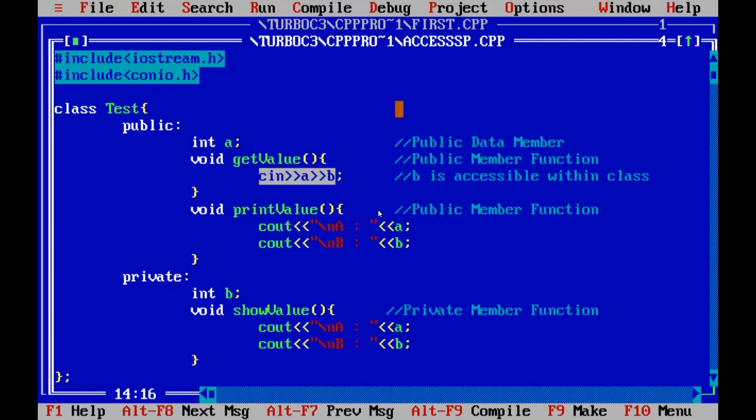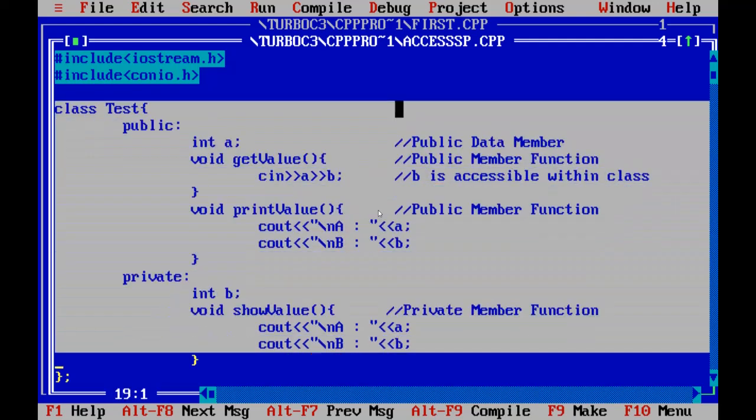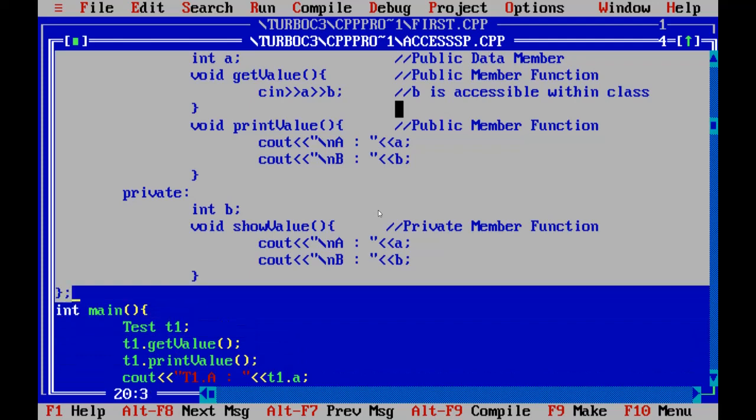Now suppose I need to make something private. So I have used the private access specifier and put a colon afterwards, and in that section I have declared one data member, integer b. So integer b is a private data member and integer a is a public data member. In the previous discussion we saw that every C++ program is divided into two parts. The first part is the class definition, so this is the class definition.